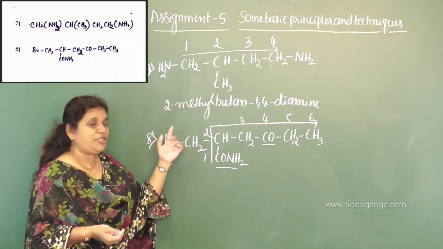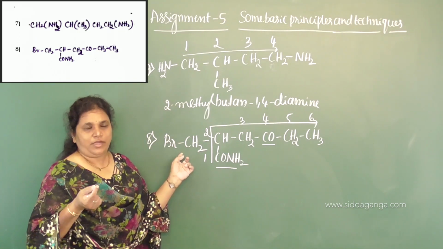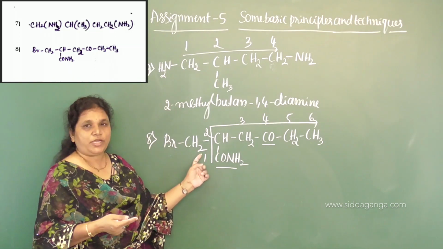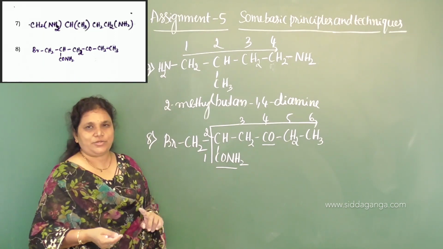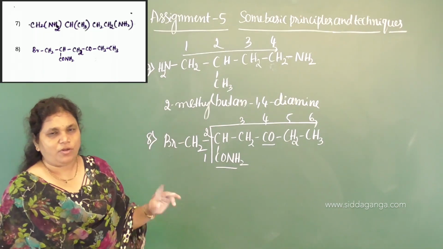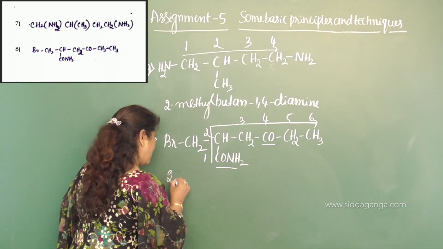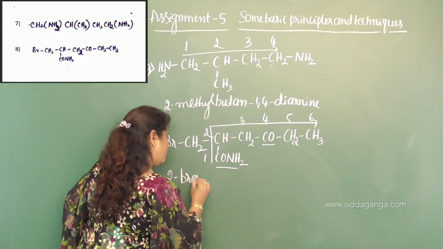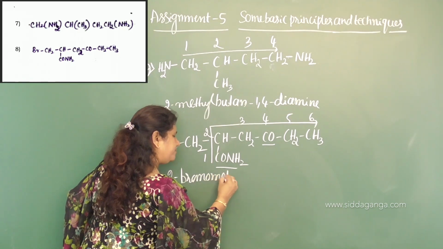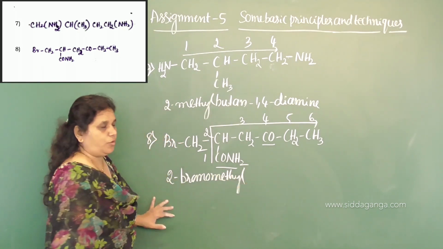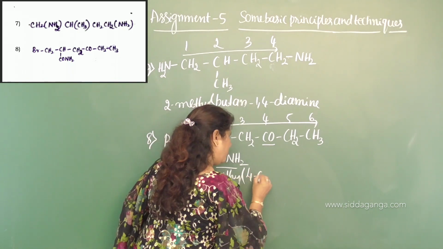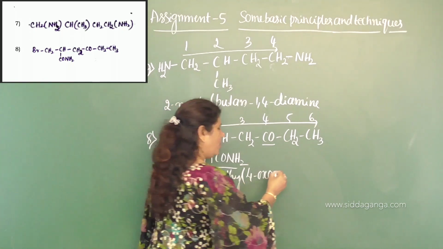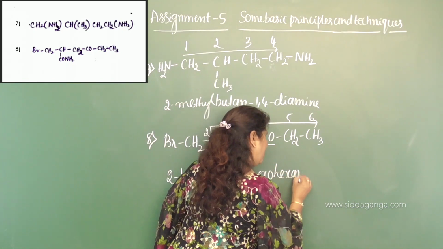Now it is substituted methyl. We need to name this branch as a substituted methyl. What substituted methyl? Bromo substituted methyl. That's it. So bromomethyl. So on the second carbon we have 2-bromomethyl, and on the 4th carbon we have a ketone, 4-oxo, hexane,